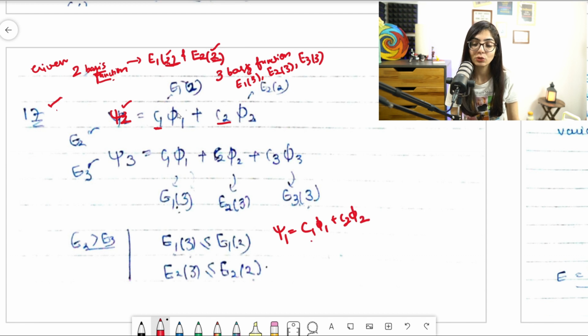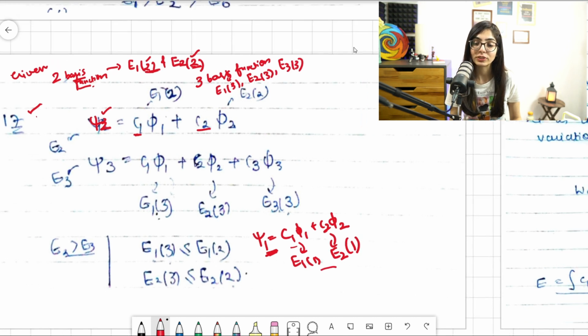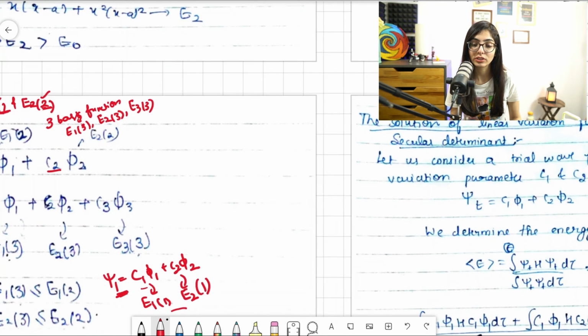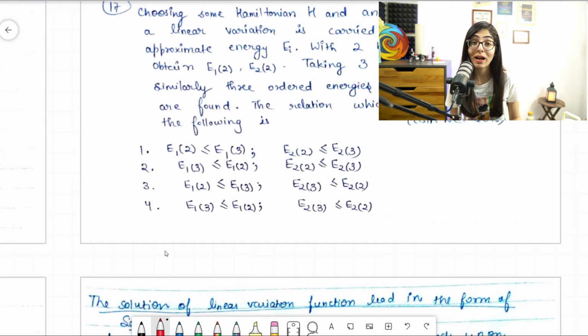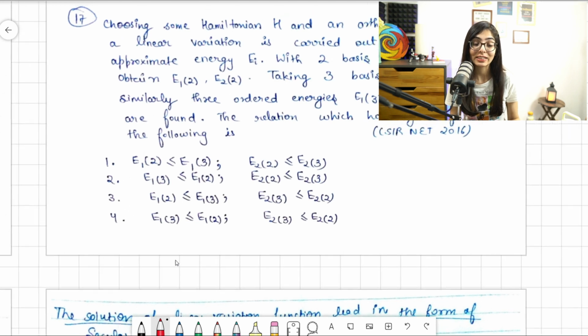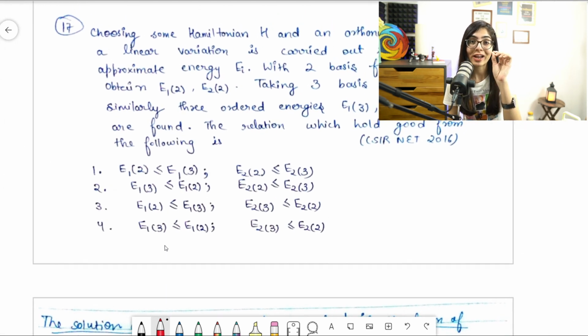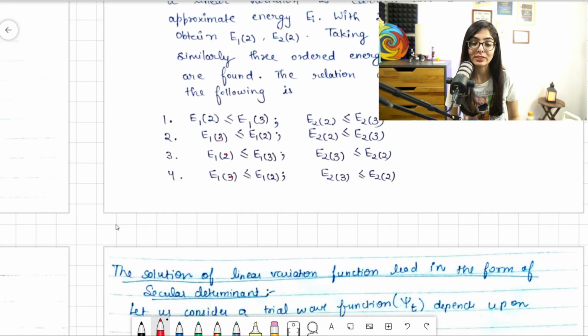Fine, then what will happen, you will write like this, E1 and then E1, and then you will write E2 and of this one. And when you start comparing things, you will not get anything in the options, you won't get anything. Can you see 1 in bracket over here? No. I hope I'm clear to you guys. I'm just saying that whatever number you put to the trial wave function, that should be in bracket. Fine. So here can you see, nowhere 1 is written. Fine. So you have to take either 2 or 3.